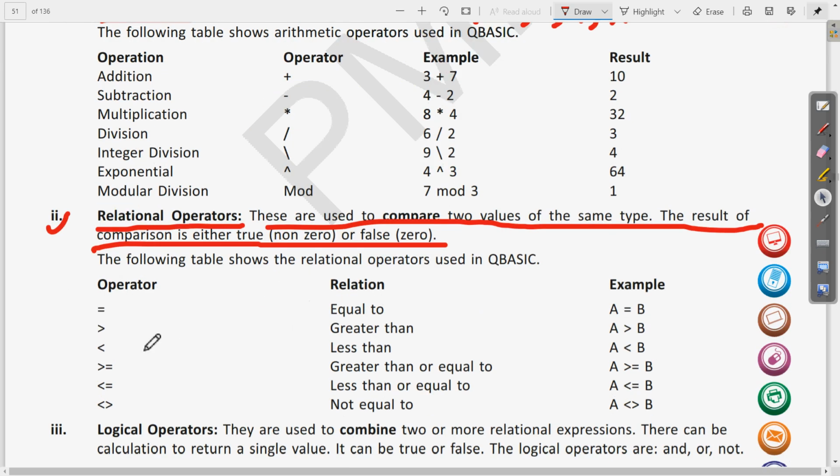Here we can write a few examples, the same symbols given in the operator list: greater than, less than, equal to, greater than or equal to. So we can give a few examples of the relational operator.